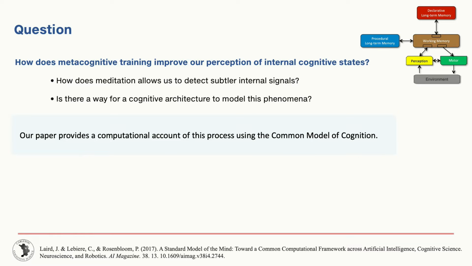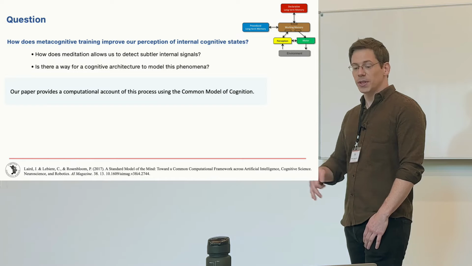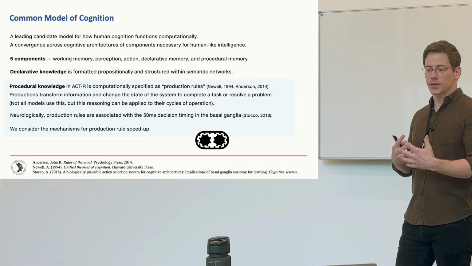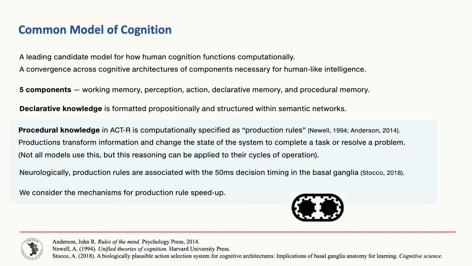So there's the Calm model there, also known as the standard model of the mind. And our paper is providing a computational account of metacognitive sensitivity using the common model of cognition. So the Calm model, just to sort of refresh your memory, is a leading candidate for how the brain functions computationally. There's a convergence across architectures, and it's a meta theory for that convergence, those common components necessary for human-like intelligence. There are 5 components: working memory, perception, action, and the 2 we're using now is declarative memory